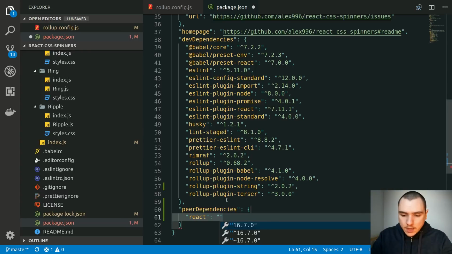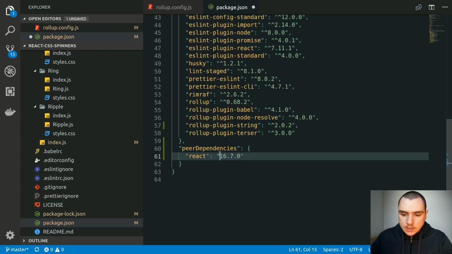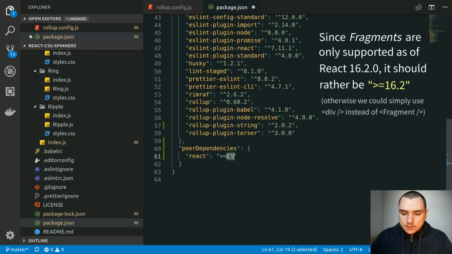And now this is where we have to think about it. So one thing we could do is we can specify a specific version. So for example, this is going to lock it to 16.7.0. We could put in a caret, for example, in front of it. We could use the tilde symbol. Or if we were to target older versions of React, we could also put something like this. So we can specify a greater than or equal sign of, let's say, React 15. So anything that's React 15 plus is going to be accepted by this module.